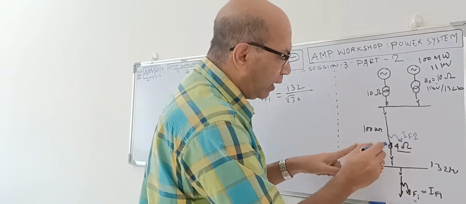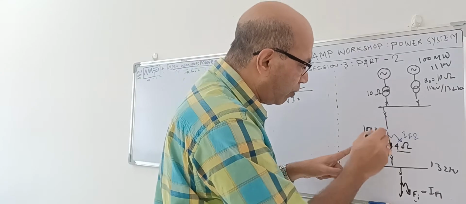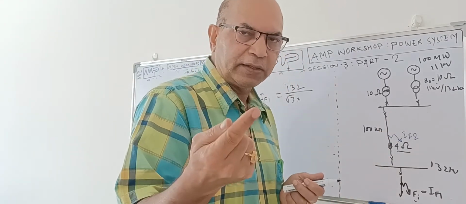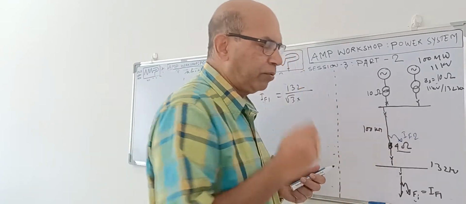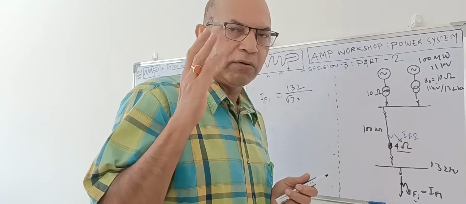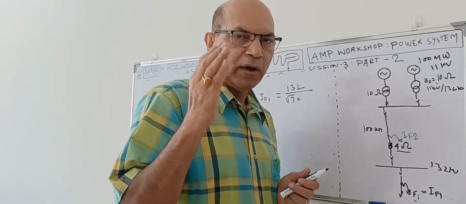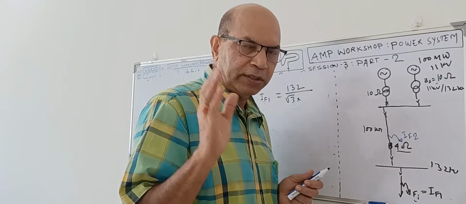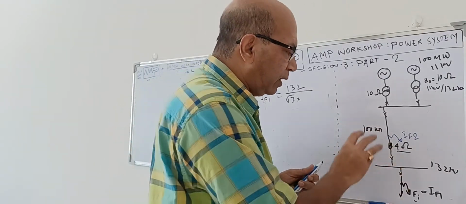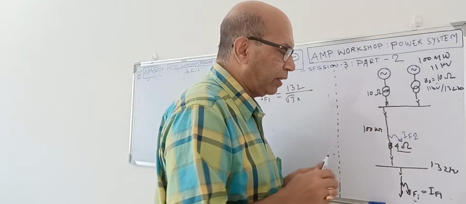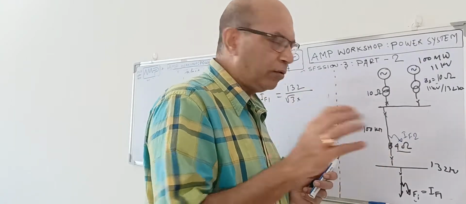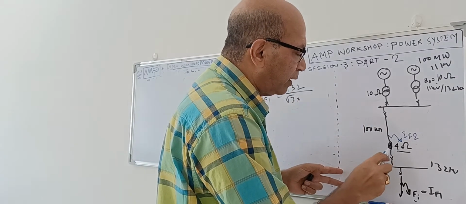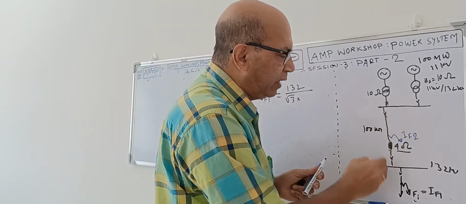I have shown the line here as a lumped value, but it is actually distributed over the line, because for each meter there is a resistance and an inductance. So it is uniformly distributed. Here I am not considering leakage conductance or capacitance, since that is a very small amount. Only resistance and reactance are considered. But this resistance and reactance together cover 100 kilometers, and the total is 4 ohm. That 4 ohm I have shown as lumped, but physically it is distributed over the entire length.